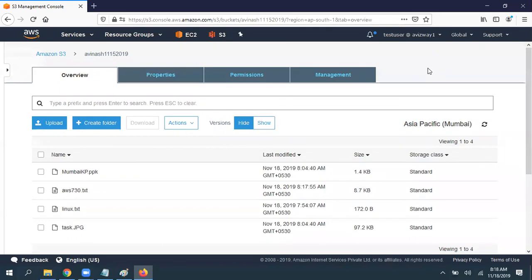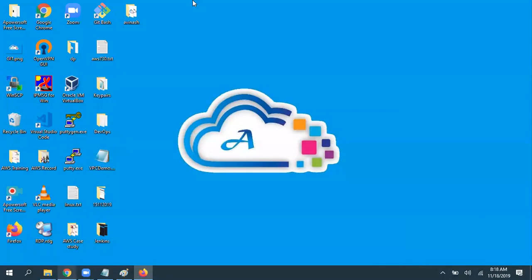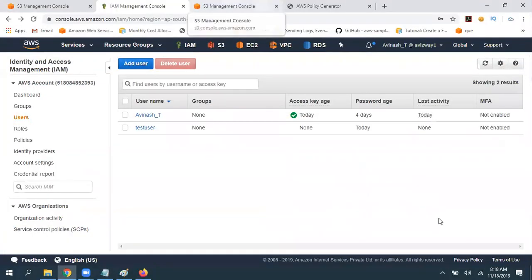So is it easy to manage at IAM level? In future, I may create a new bucket. If I deny at IAM level, deny is going to apply on the entire platform, not on one particular resource. So I want to apply on one particular resource this time. So let's navigate to the policy generator.